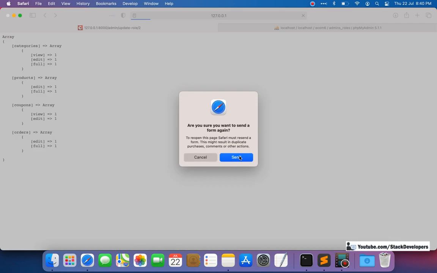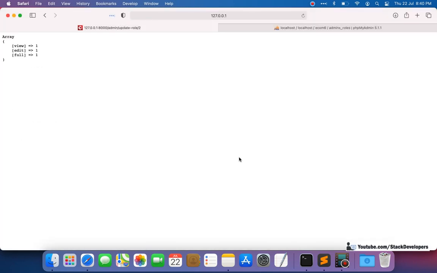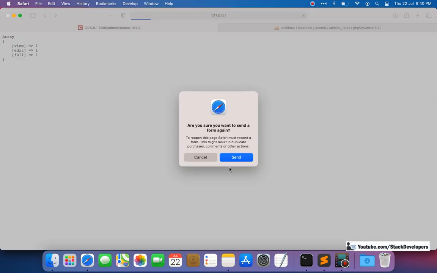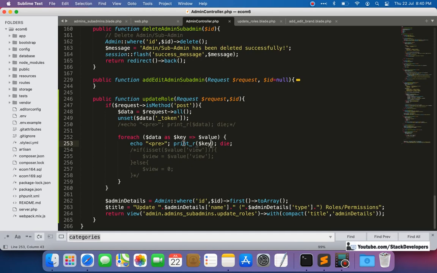Let's refresh and see what is coming: view, edit and full 1. So 1 is coming for the first module, the categories module. This is the value, and if you pick the key, you can see the categories. The first key is the categories, and its value is view, edit and full.